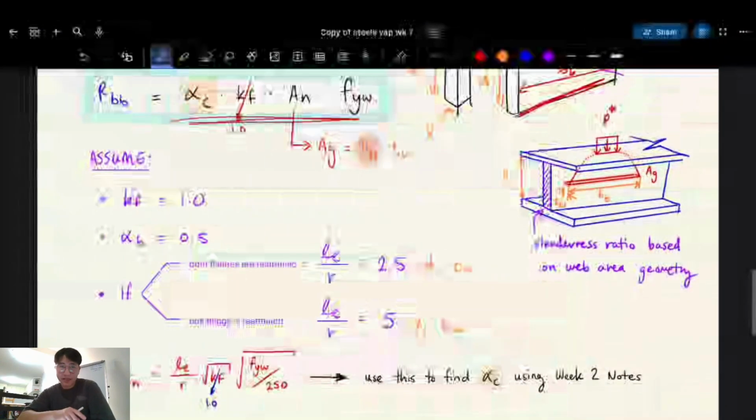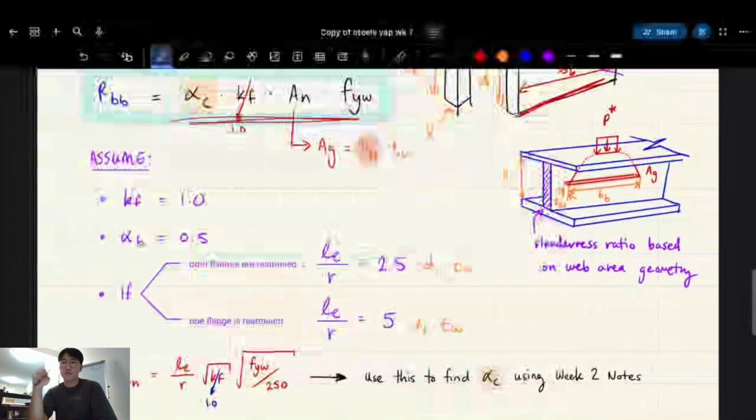We take alpha B as 0.5. It's one of those rules where it's been hot rolled and all that. Anyway, we're just doing it for the web, right? It's always 0.5. Cool. Okay, now